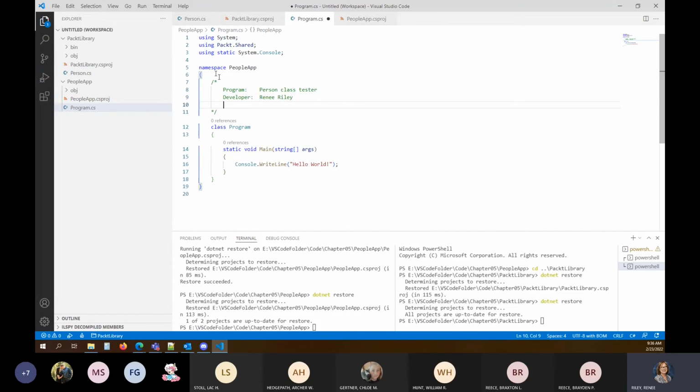Put yourself as the developer. Act as a tester for the person class.